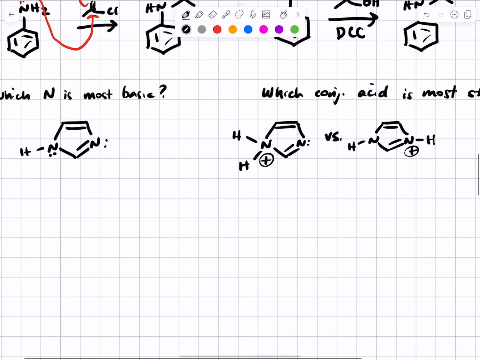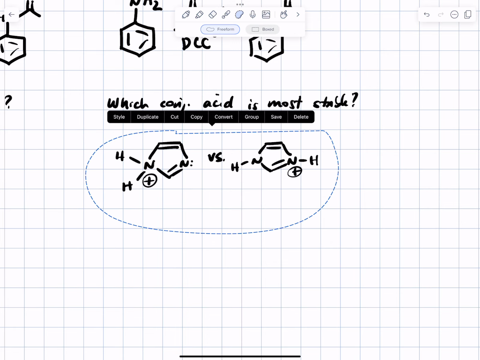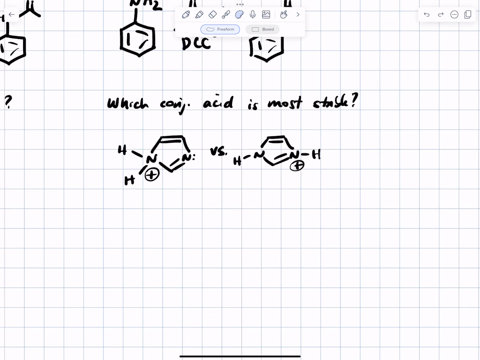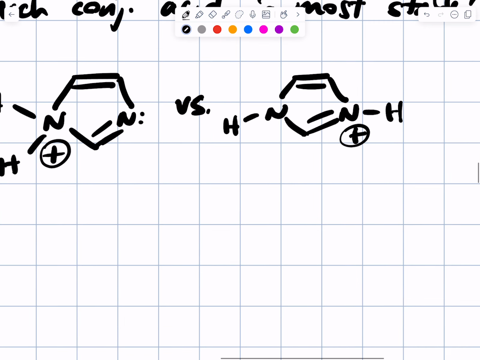Okay, so let's go at this question from the perspective of the conjugate acid. Which conjugate acid do we think is most stable? What do you think? Go ahead. One on the right. Good. Why do you say that? Because there is a double bond there, so the electrons can